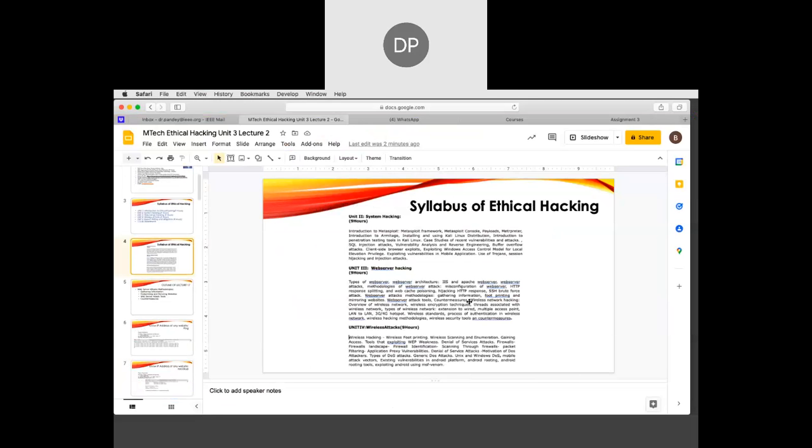So now we have finished web server hacking, and you may see the uniqueness of your syllabus. After web server attack tools and countermeasures, in the fourth line there is wireless network hacking. This wireless network hacking should be part of unit 4, but they have put these sections here. So in order to finish unit 3, we shall start wireless network hacking in the afternoon class. Till now, we have finished web server hacking, half of unit 3, and maybe this week we shall finish unit 3, and then unit 4 and unit 5 in the next month of February, and maybe you will give the exam of first semester in February. So we meet